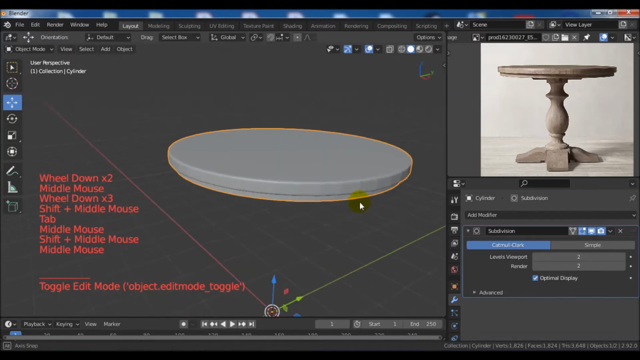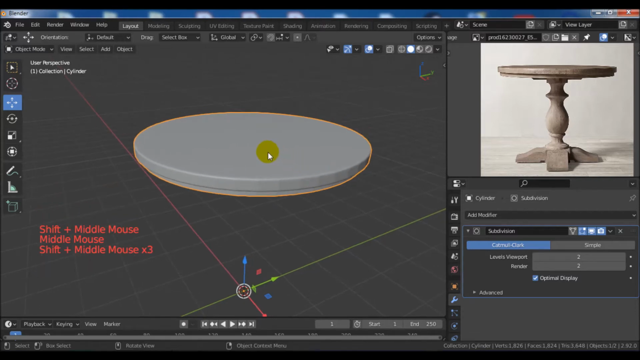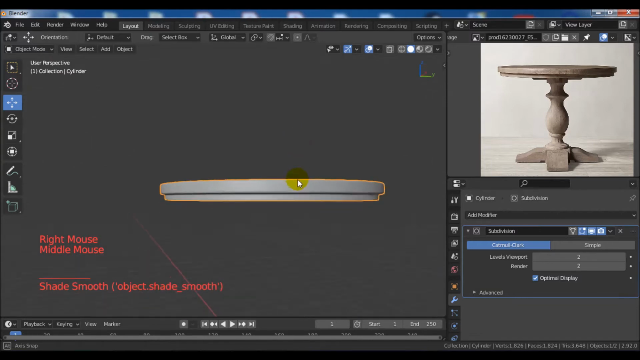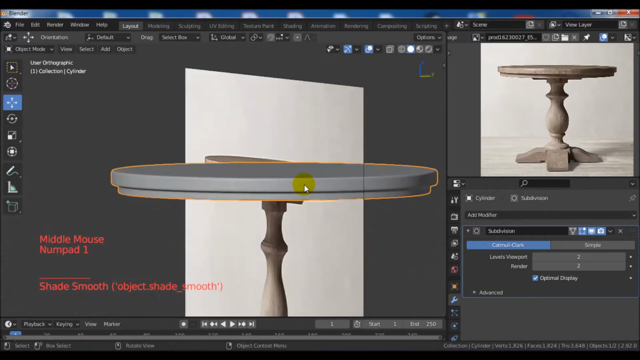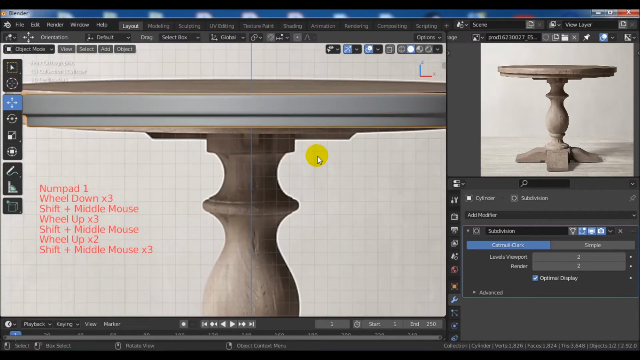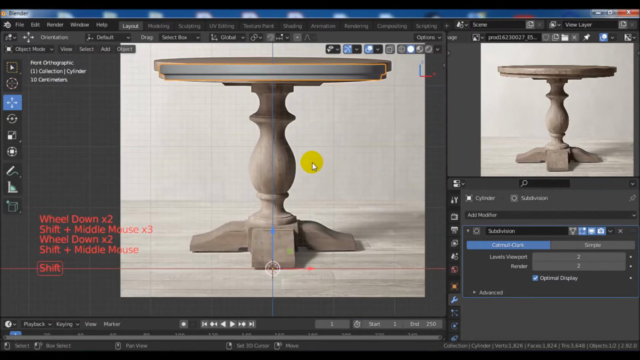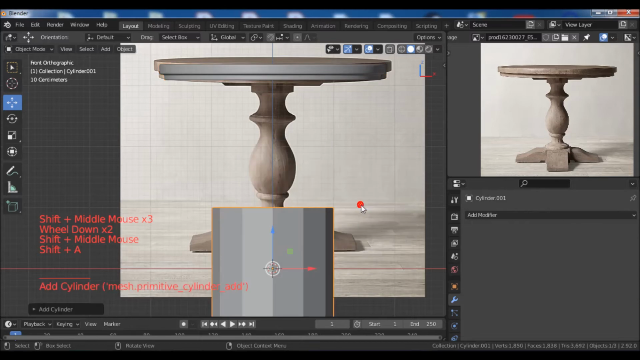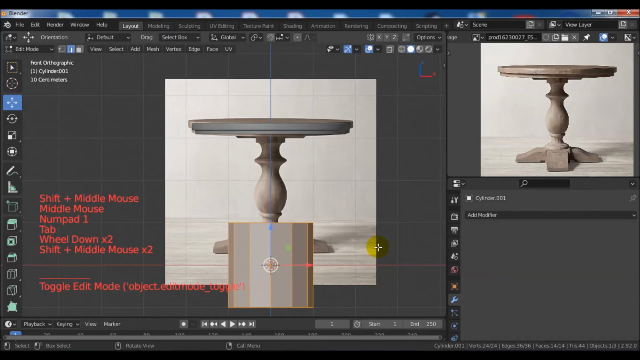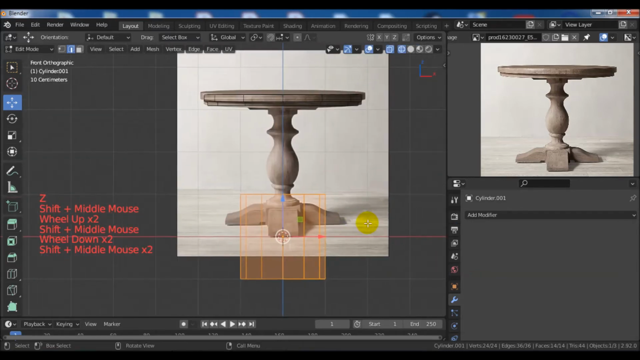Okay, now in object mode click the right mouse button and choose Shade Smooth like this. Now go to the front view and we continue to model the leg of the table. So add another cylinder, and in edit mode and wireframe